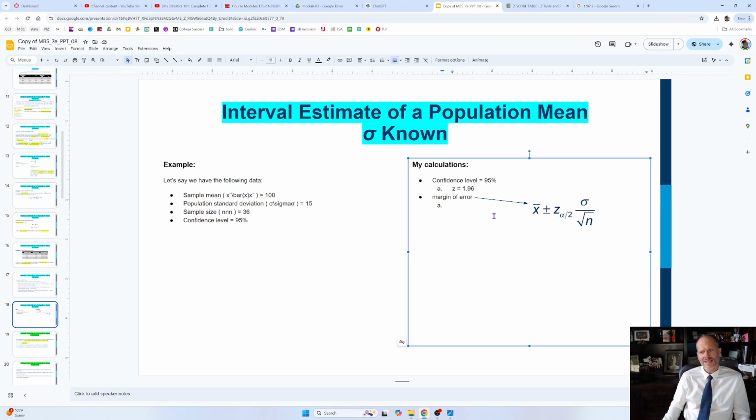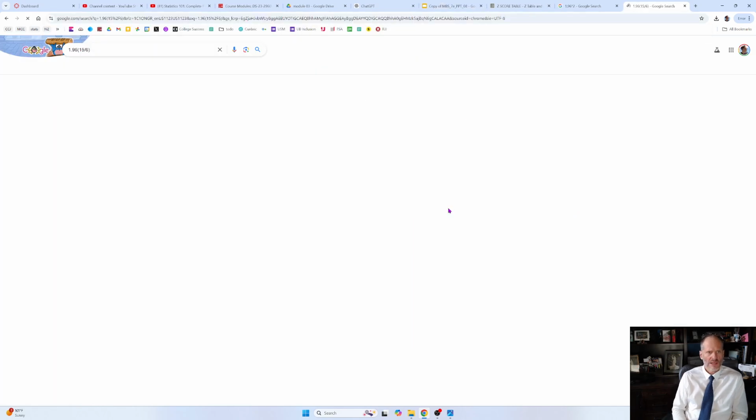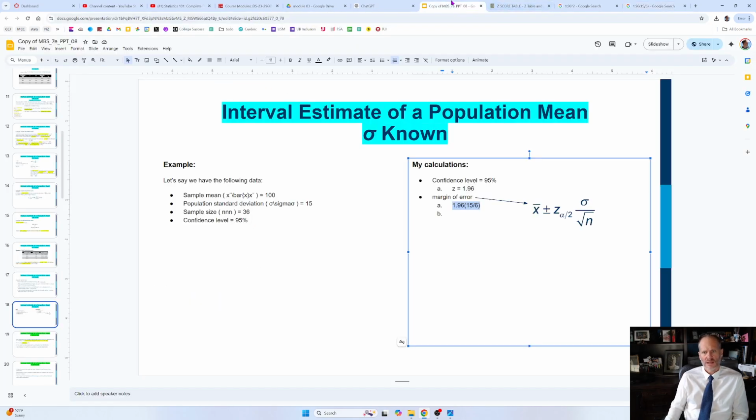And so we have Z, 1.96, and that's going to be multiplied by standard deviation, and our standard deviation for the population is 15. 15 divided by the square root of the sample size, which is going to be 6. Okay, and that's going to be equal to 1.96 times 15 divided by 6 is equal to 4.9. So we're going to do 4.9 equals